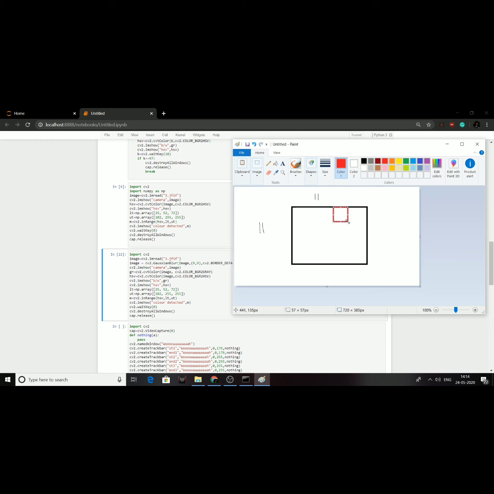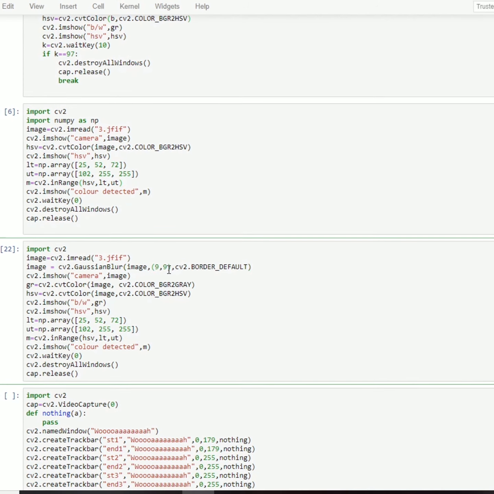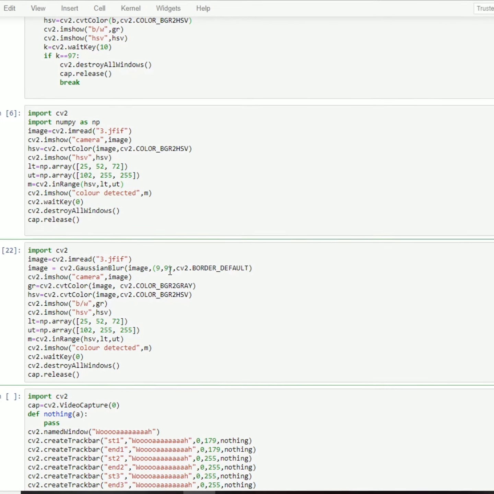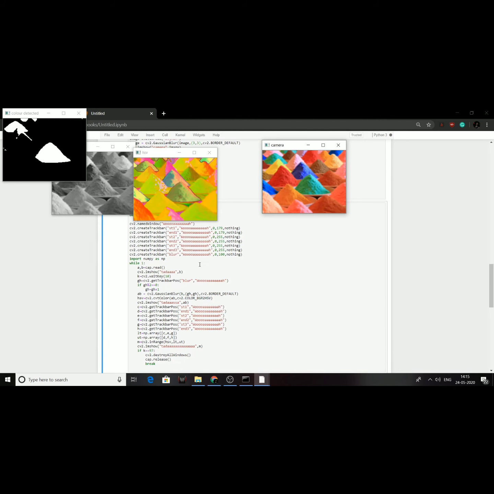Also, one important thing: always remember, for all the filters and kernels you apply in OpenCV, the kernel size should be odd. But it can be any combination. It can be 9,3, 9,11, 7,5, but it shouldn't be 5,2 or 2,4. Now first let me show you kernel size 3,3. This is the blur intensity for 3,3. See, most of the noise is avoided, but you can still find little noises over here.